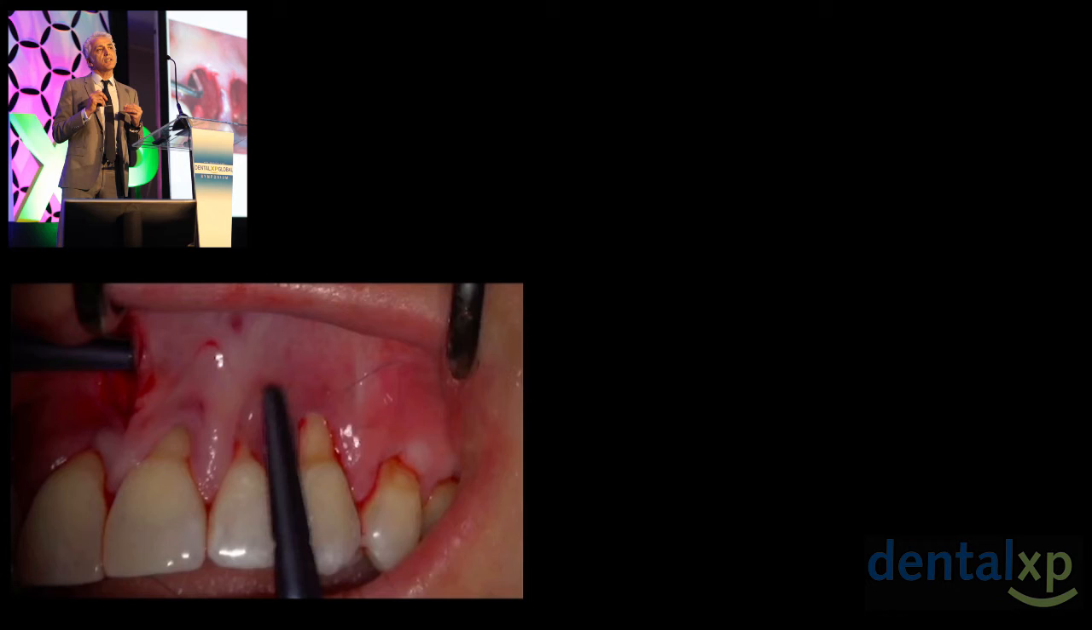So the sutures are made about 2 to 3 millimeters from the gingival margin, and then just simple loop knots are made. And when those are coronally advanced,